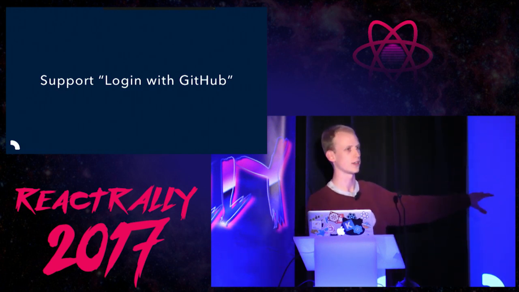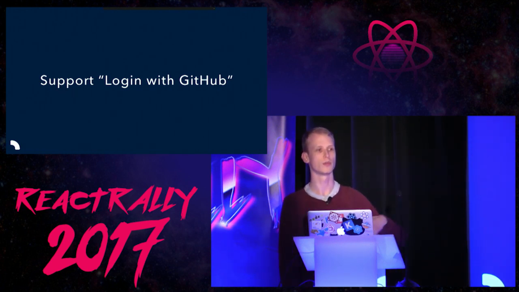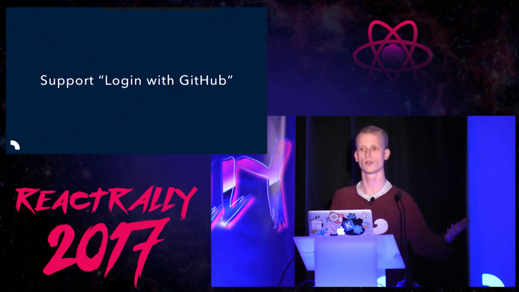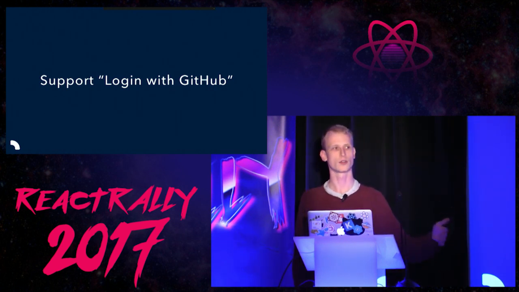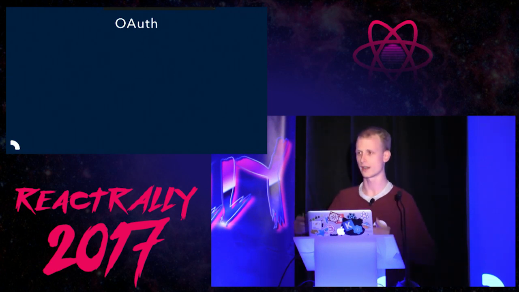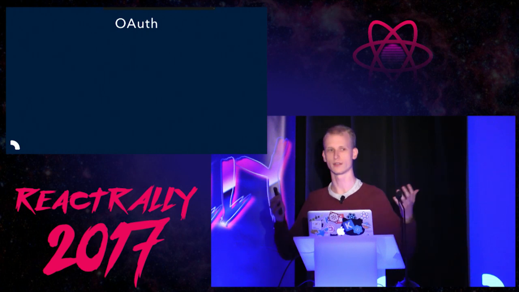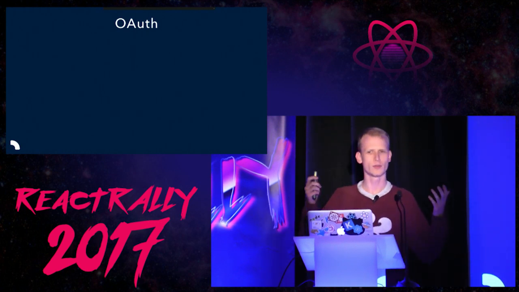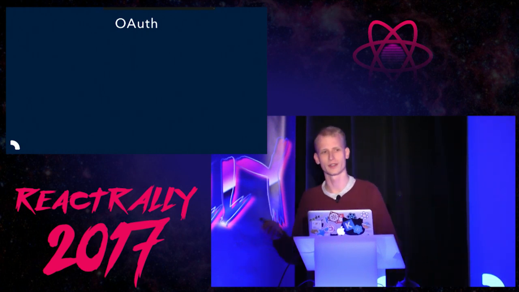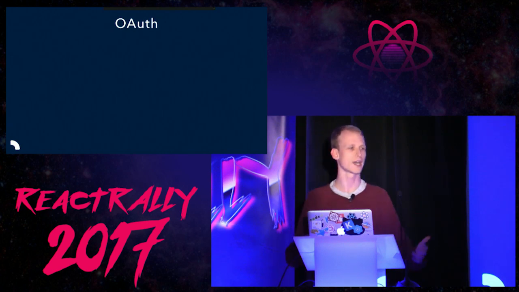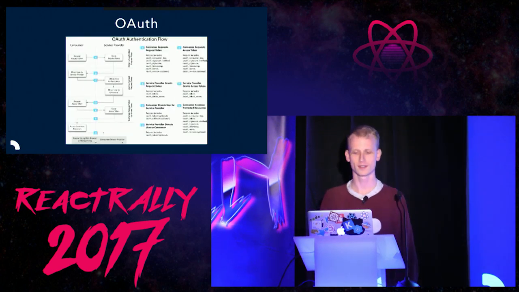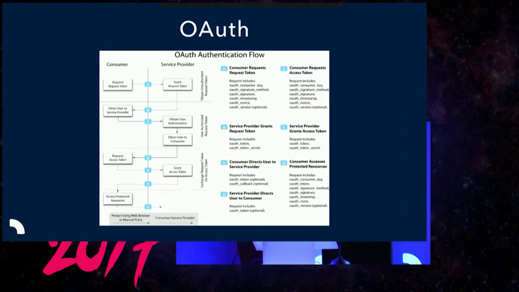GitHub has a bunch of documentation around how to build this feature, how to implement that in your app. And just like logging in with Google or logging in with Twitter, it's based on a standard called OAuth. OAuth is a standard that defines how to authenticate people, right? That's what the standard defines. So I'd never really used, well, I'd heard of OAuth, but I'd never really used it. And then I Googled it, and I found diagrams like this one. The OAuth authentication flow. My reaction when I saw that was,